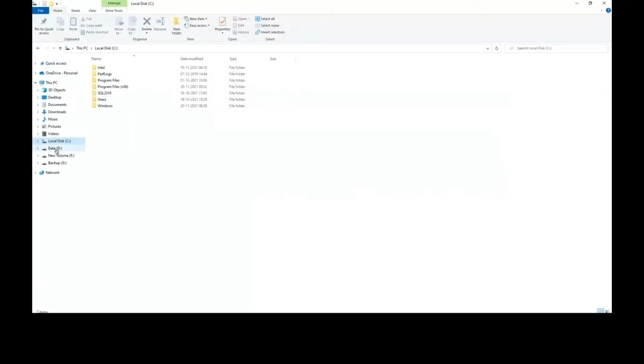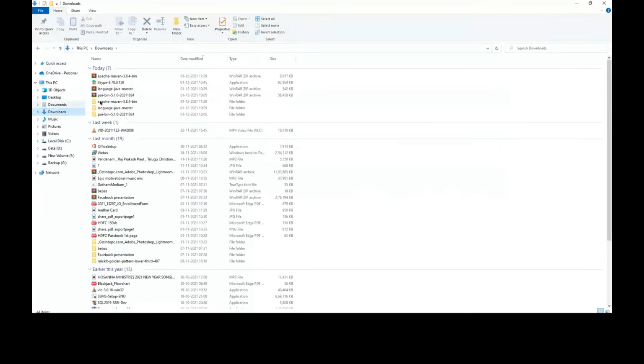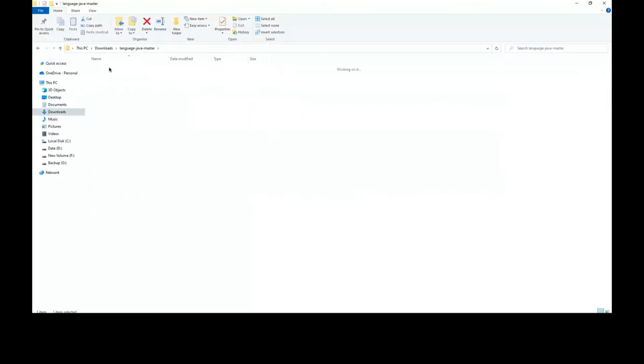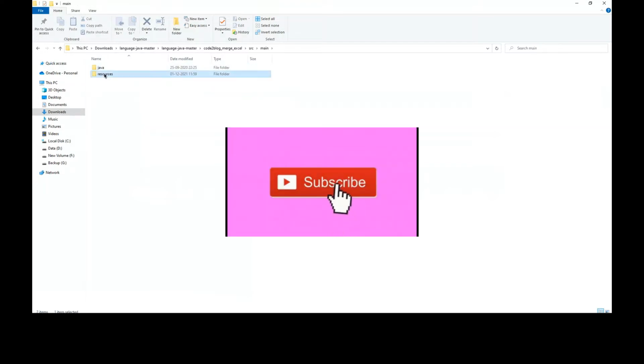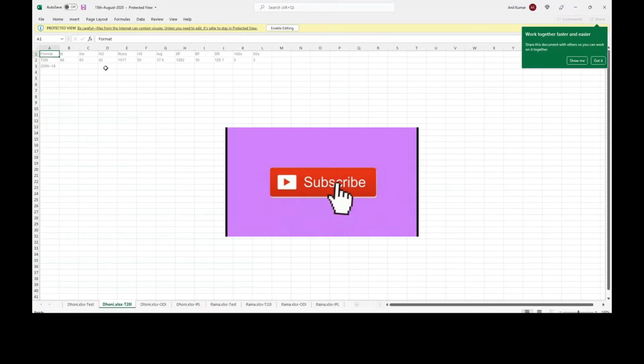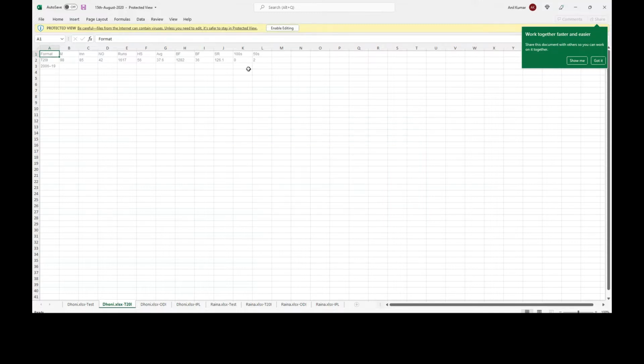Open that 15th August file and view it in Excel. Here it has multiple rows and columns, which is a combination of two different files.